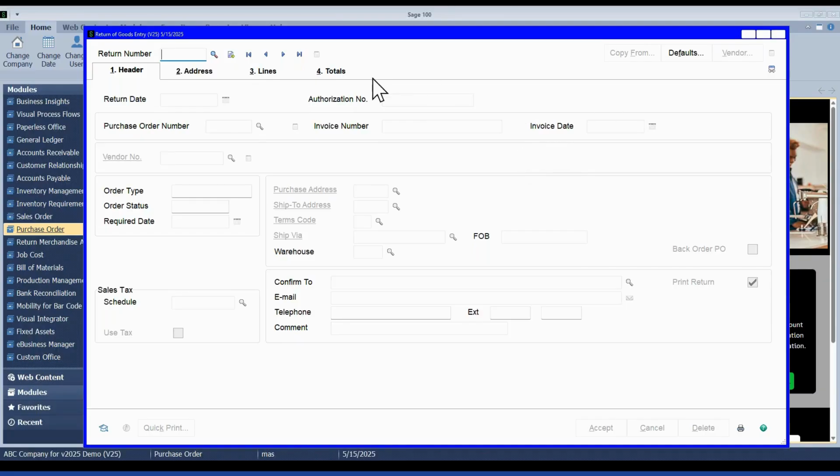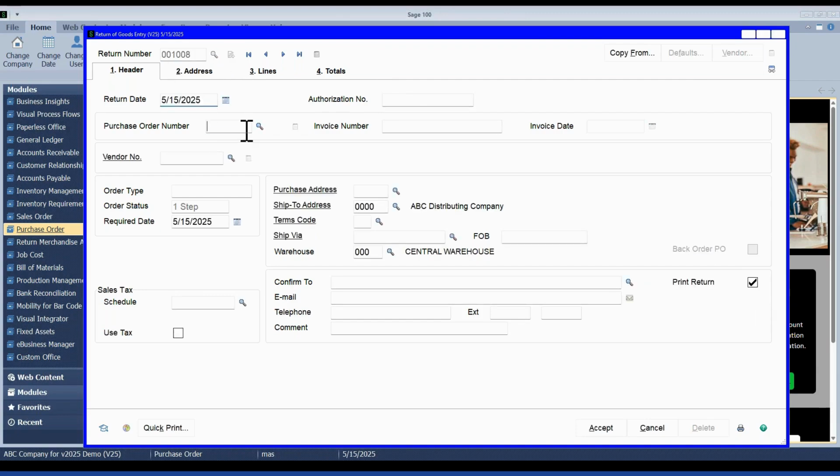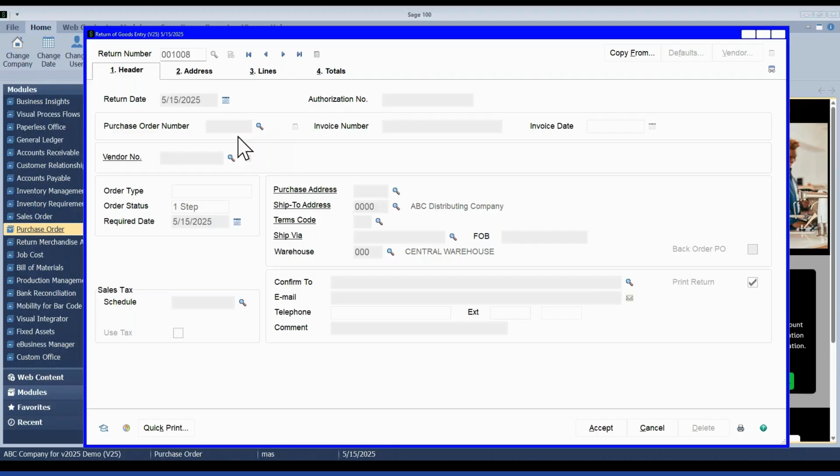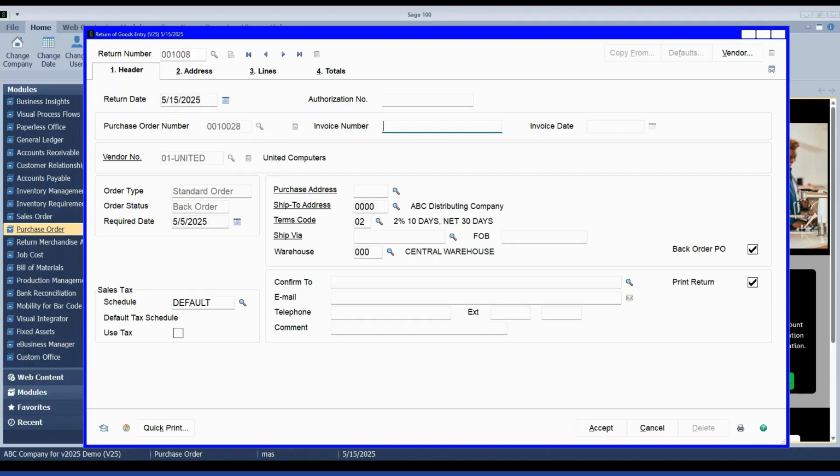In prior versions, the PO return always creates a back order onto the PO, which you can then go remove, but it's a secondary step to go remove that back order. That way the system doesn't think you're still waiting on that. They have added a checkbox here though. Let me see if I can pick one that, there we go.